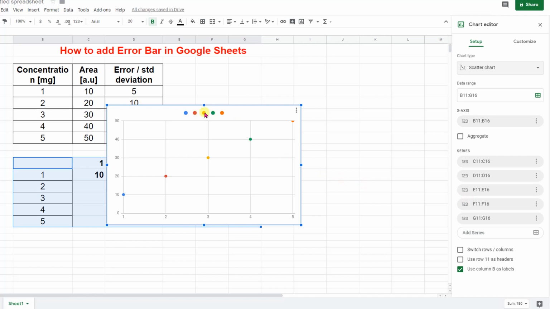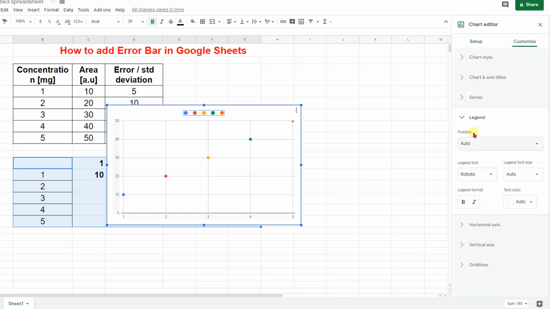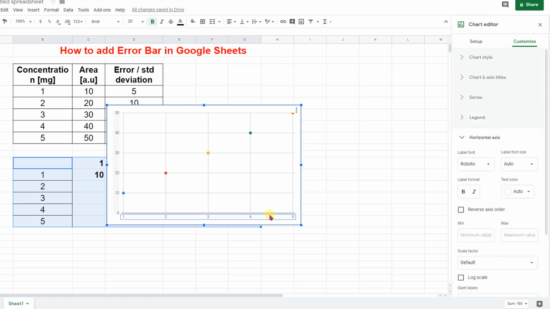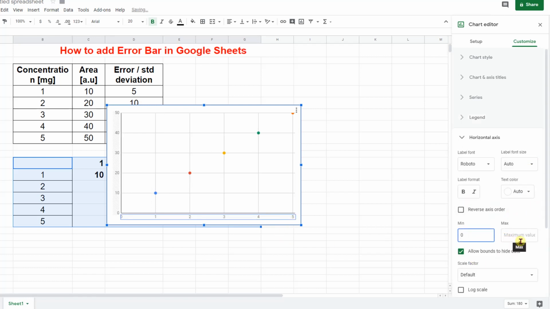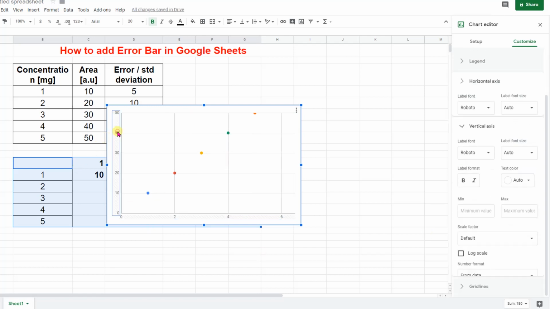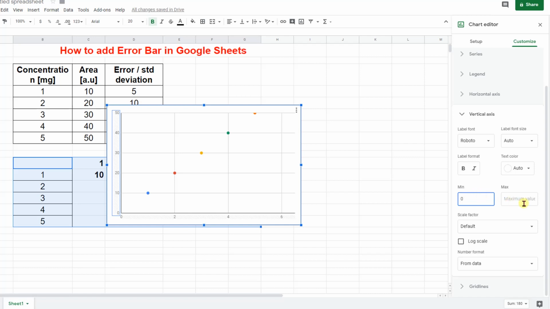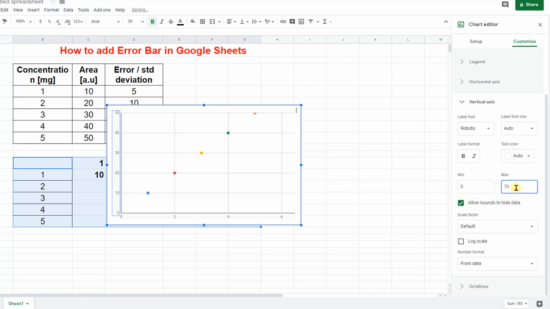Now select this data, go to insert chart, go to chart type and click on scattered. Now we need to remove this legend, just click on this one and then go to position, click on none. Now you can see that one point is out of the graph, so we will make it appear inside. Just click on this, give the minimum value 0, maximum value say 6.5, click on y-axis, give minimum value 0 and maximum 70. Okay, now all our points are appearing in the graph.